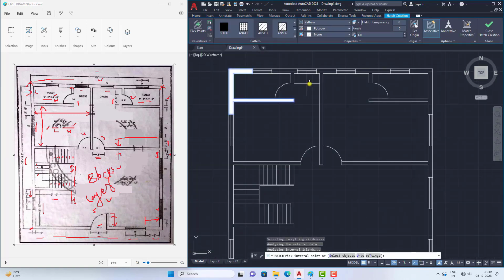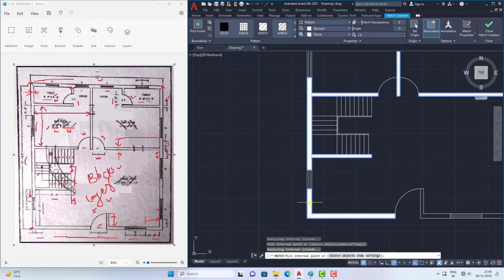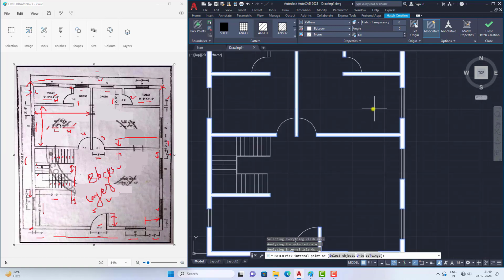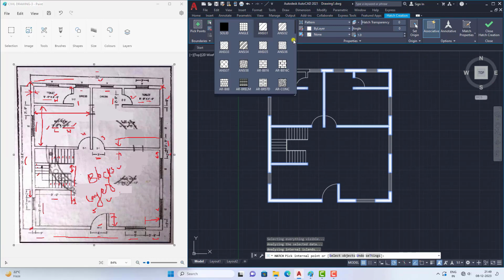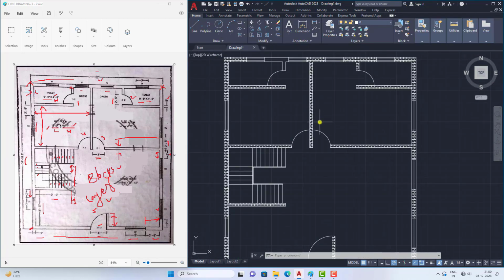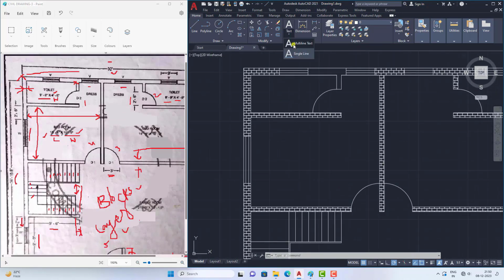For the plan, there is a hatch, so with concrete or some brick type of hatch. So it is the brick type of hatch. So I am giving the least value. If you give the least value, the hatch will appear very good. So for that reason I am selecting single line text and typing,